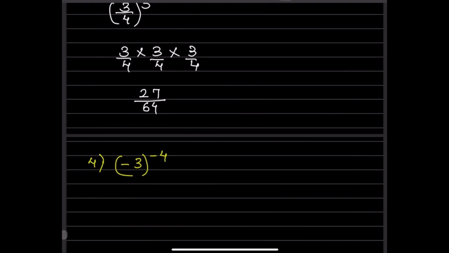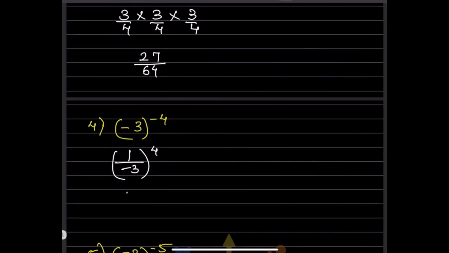Here if we want to make the exponent negative, what are you going to do? You are going to write your 1, take the reciprocal of this one. So when you take the reciprocal of this one, this here is negative. So this negative will be as it is. It has got nothing to do with it. Only the exponent, this negative will go off. So this is going to be 1 by negative 3 raised to 4. So now this is positive.